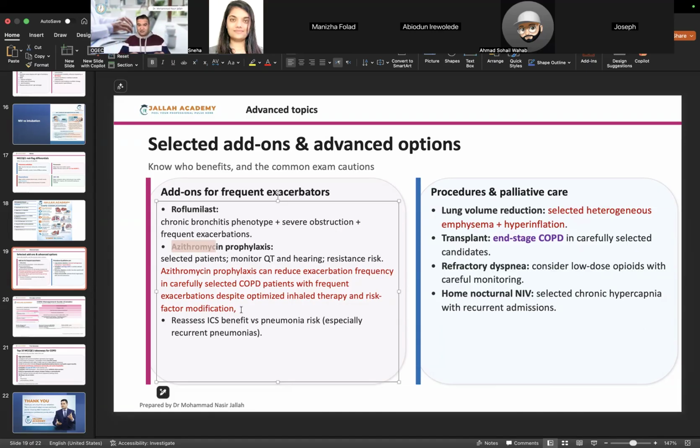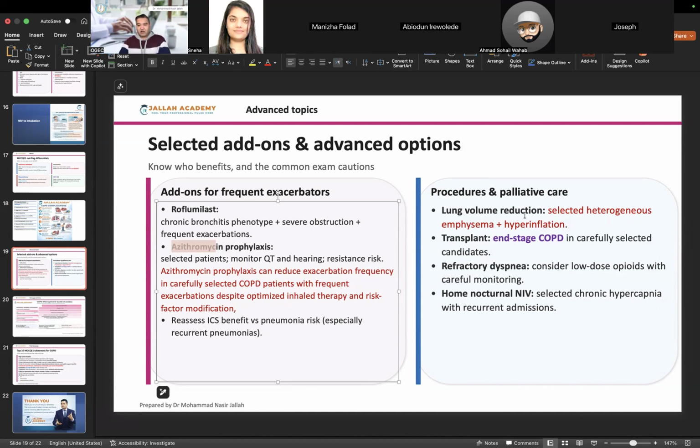Now this patient had not only compliance with medication, he did all the preventive measures, which was quitting smoking, rehabilitation, getting the vaccination, and the patient is still worsening. Not only that, the patient had frequent visits to the ER. Now for this patient, we can start azithromycin as a prophylaxis. Okay? Keep that in mind. This is not used for everyone. This is a specific condition. They might give you a scenario like this, and then this would be the answer.